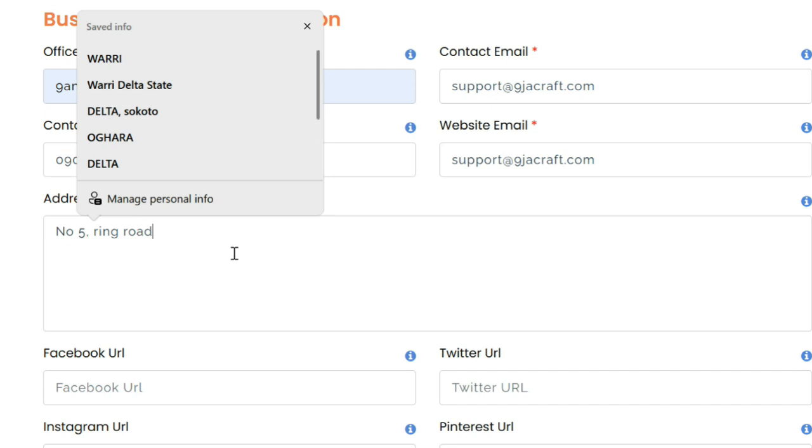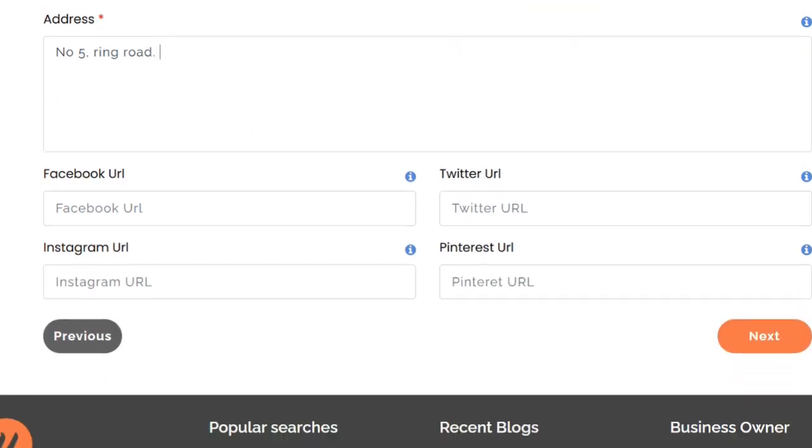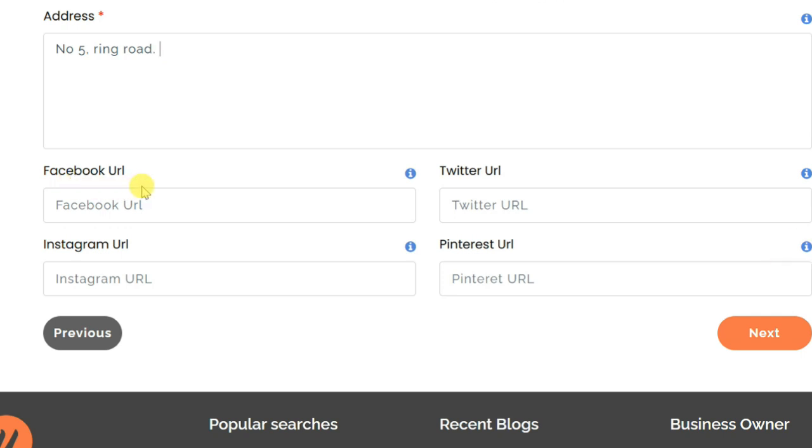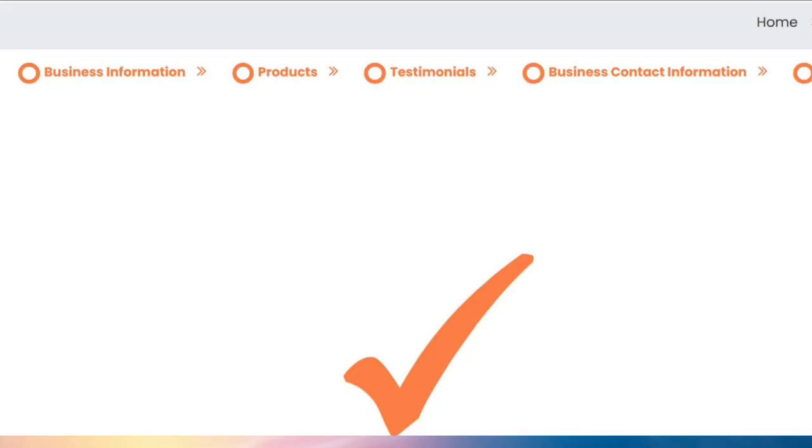Let me just leave it this way. Of course, I'm doing this for a test. If you have a Facebook URL that belongs to your business, you put it here. Twitter, Instagram, Pinterest. Then you tap next. But if you don't have any, you can leave it. Wow. The website is created already.